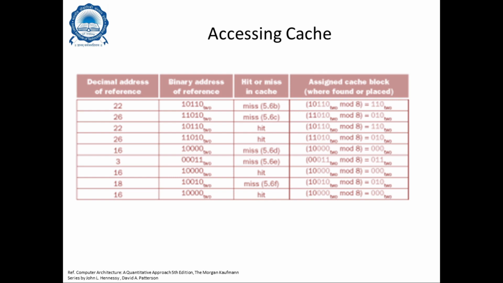Okay, so you've seen that the reference of the RAM is provided in the first column. Then you've seen the hit or miss in the cache. This comes out to 5 misses and 4 hits, because you have in total 9 references. And the assigned cache block, depending on the decimal address that is specified, is also shown, along with how to obtain it.